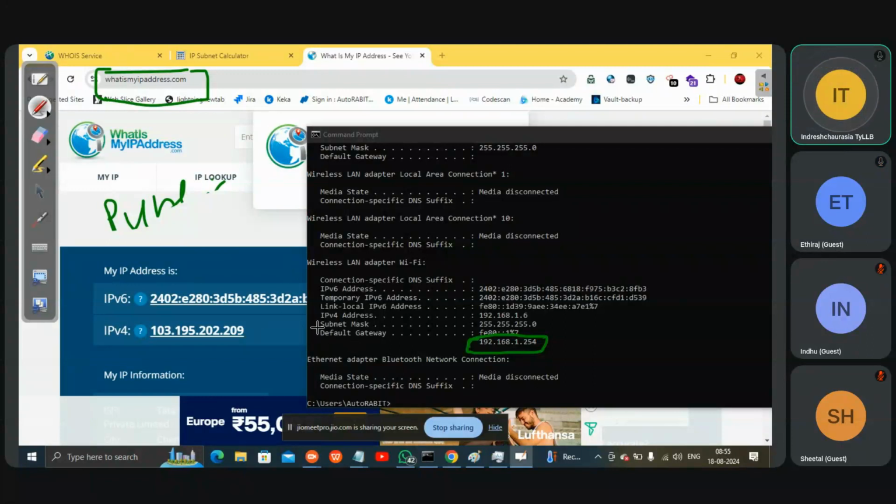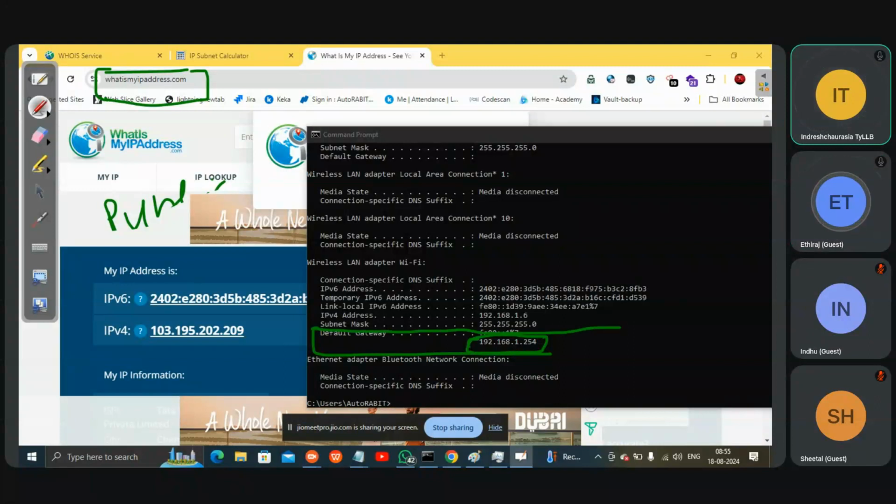Yeah, local default gateway. It is the gateway, right? So what does this gateway mean? What exactly does default gateway mean? Before communicating, first it enters into the gateway. From there, the communication goes. It is nothing but a door, right? If I want to go outside, this will be a door. So I will go from this one.